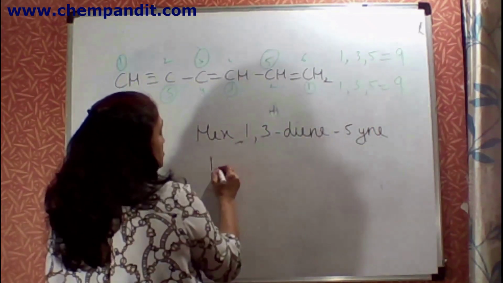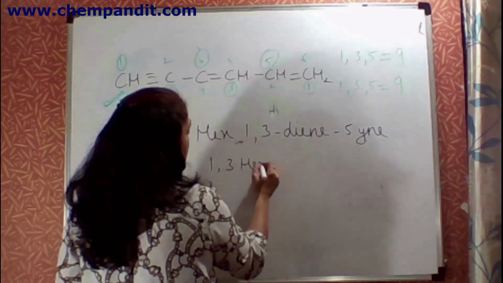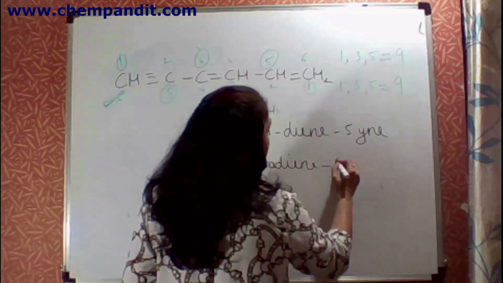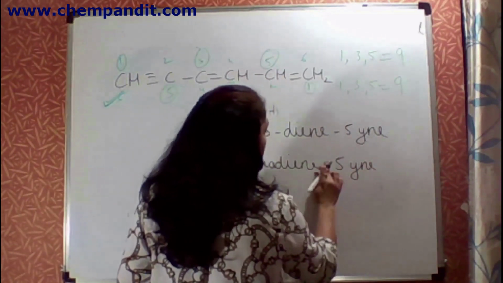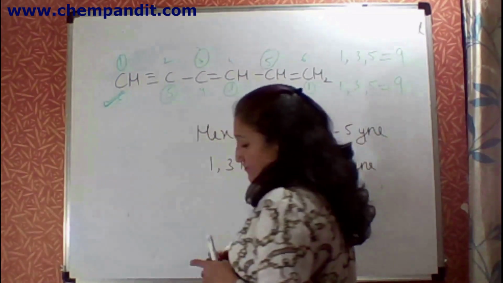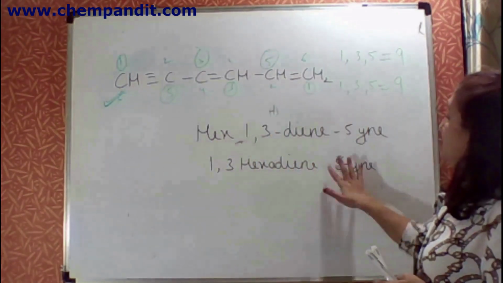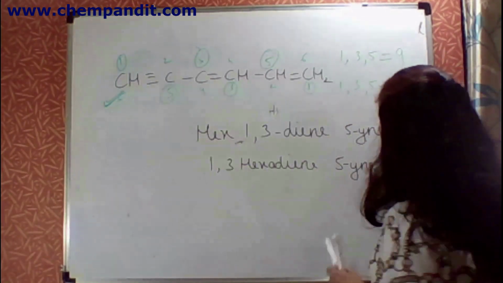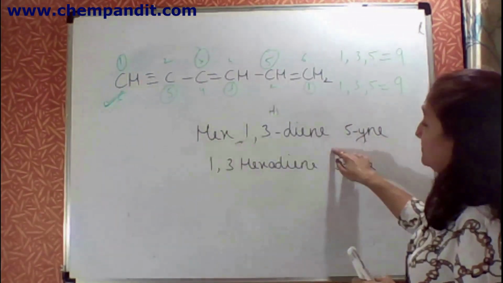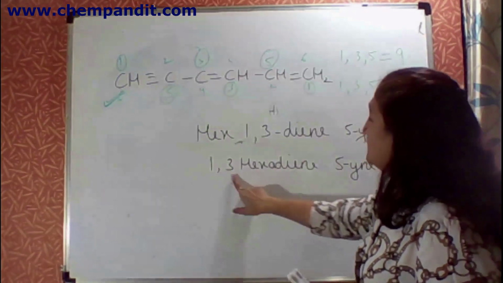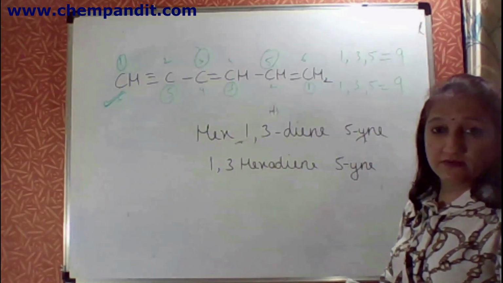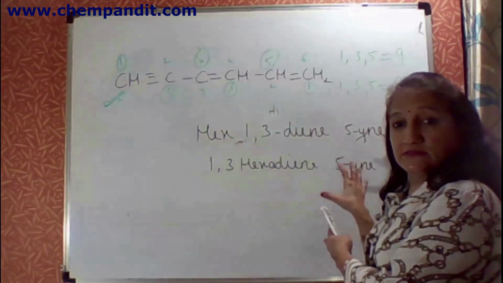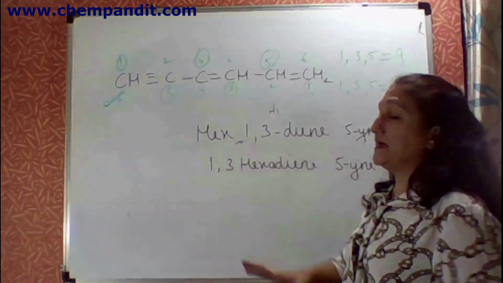Or you can also write it like this: 1, 3 hexadiene, 5, ine. Clear? 5, ine. This means the triple bond is at the 5th carbon atom, right? And on the 1st and 3rd carbon atoms, a double bond is present. Clear? So out of the two, the triple bond is taken as a suffix. Clear? And double bonds are taken as